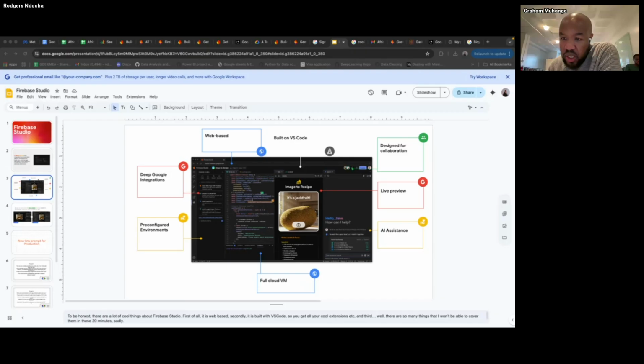Can I upload my locally developed app to Firebase Studio and deploy? There's a question for you here, Rogers, from Baruti.